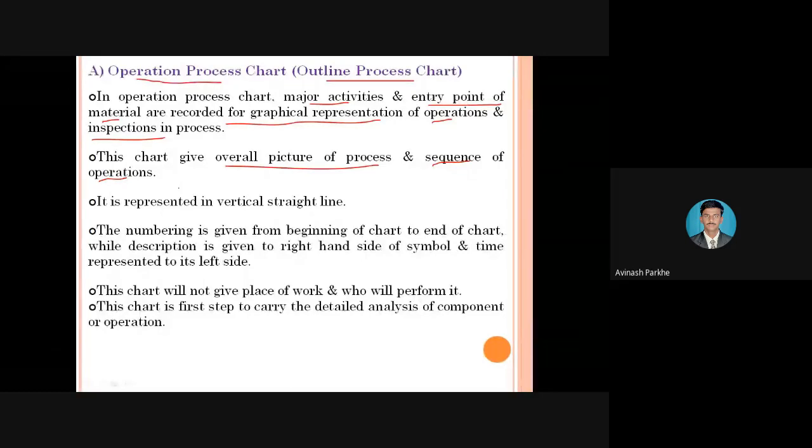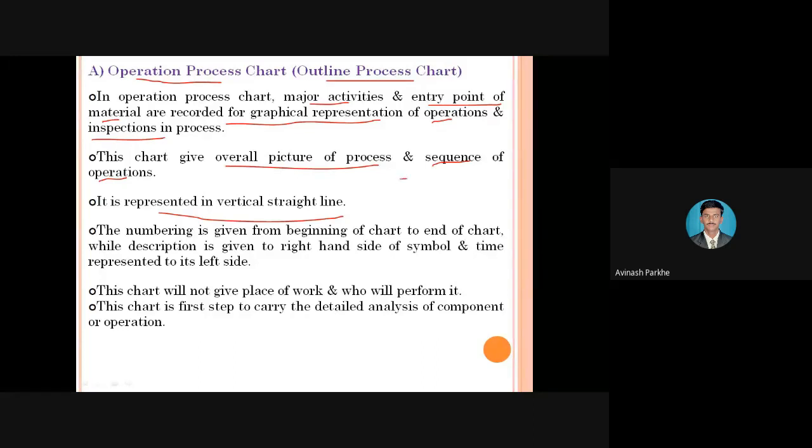Then the third point, it is represented in a vertical straight line. So whatever operations are performed, drilling, then boring, then chamfering, then facing, all those operations are represented in the vertical line only. And for each and every operation, the numbering will be given, time will be given, and the name of the operation is also given. So whatever the symbol is there, for example,